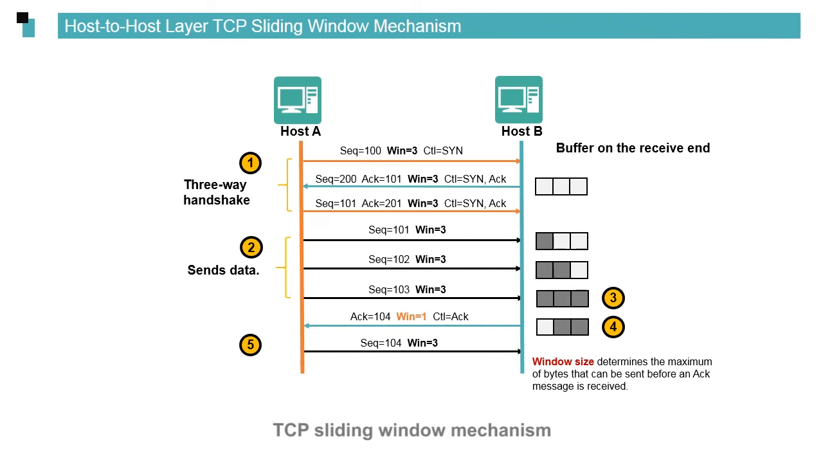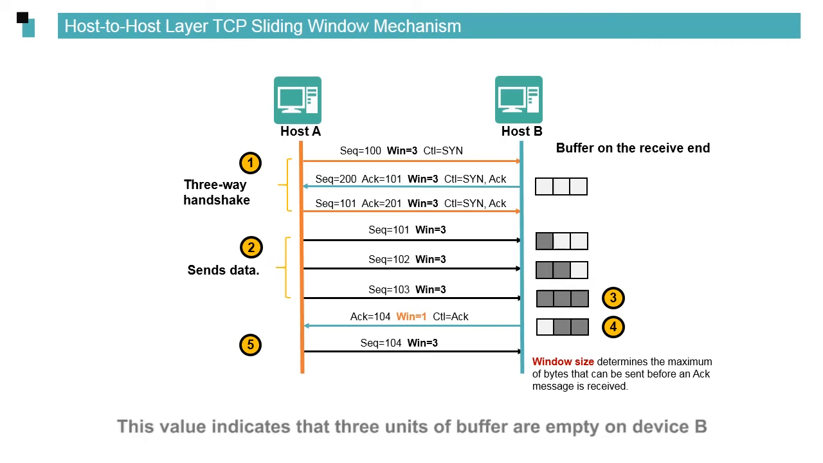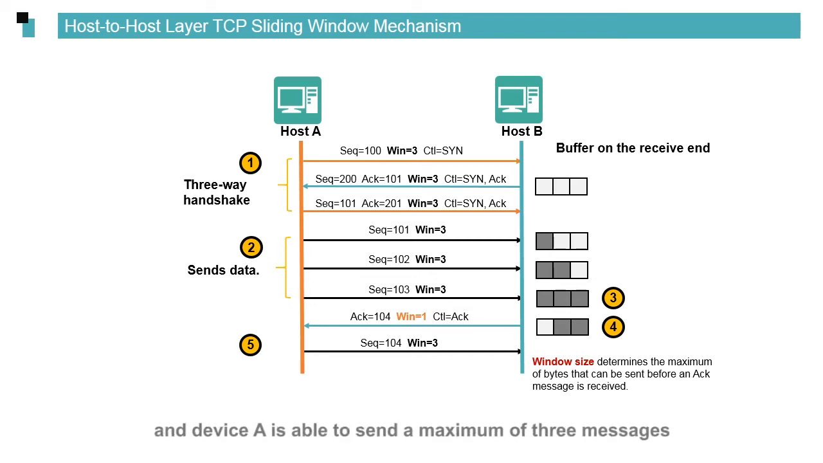TCP sliding window mechanism. Device B has 3 units of empty buffers. During the 3-way handshake for TCP connection establishment, Device B notifies Device A of a window field of 3. This value indicates that 3 units of buffer are empty on Device B, and Device A is able to send a maximum of 3 messages to Device B at a time. Device B sends an acknowledgement message to Device A after receiving all the 3 messages, instead of sending one for